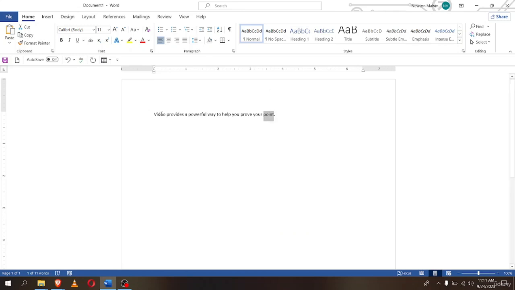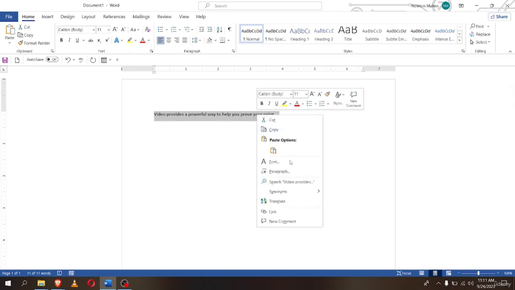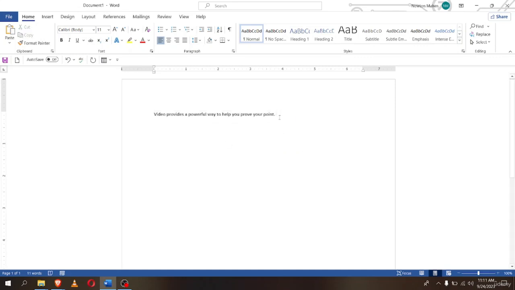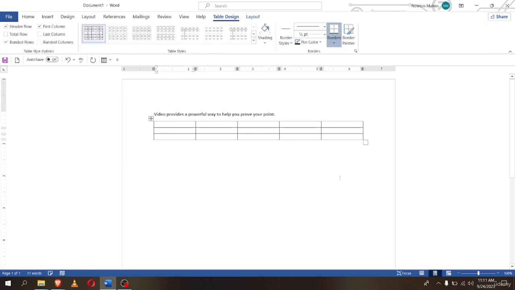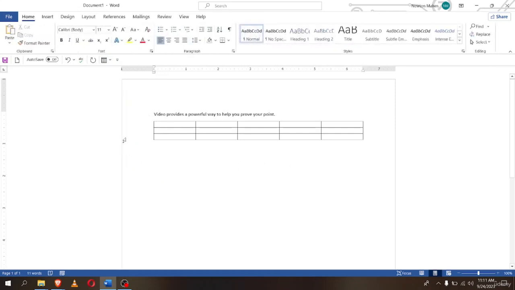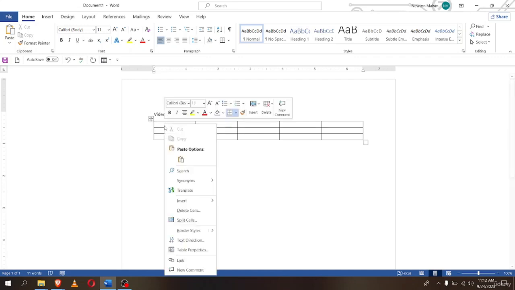Now the same thing goes for the whole sentence right over here. If I right click it, you can see the contextual menu appears. Now let me add a table. I'm just going to go over to the table shortcut right over here that I applied in my previous lessons, and I'm going to add a short table. And you can see here now, if I hover over the table and right click the table, you can see that